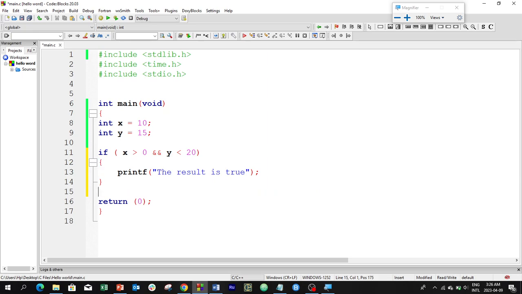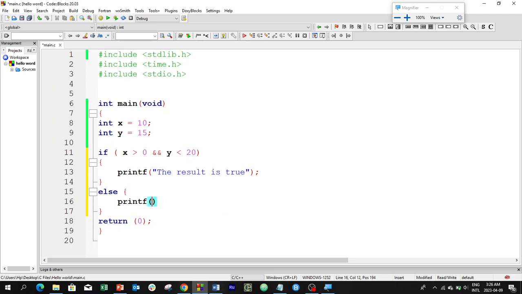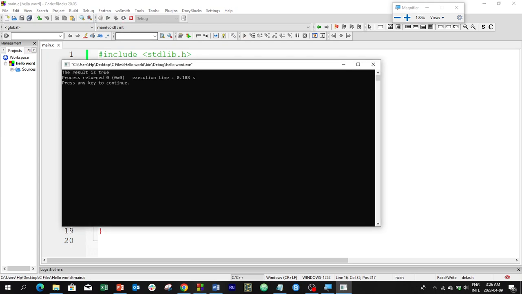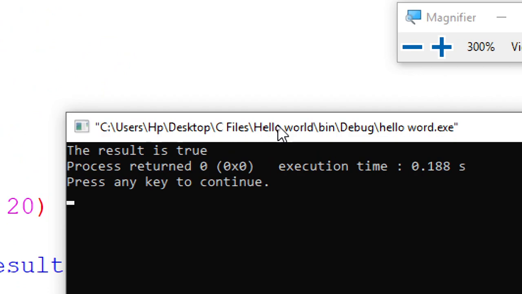Else, we want to say the result is false. And then we'll close our line. So let's build and run. You can see that both conditions are true. So it says the result is true because both conditions are true, and that's how the AND